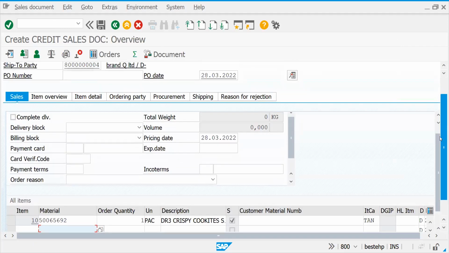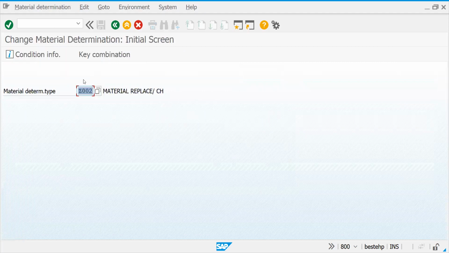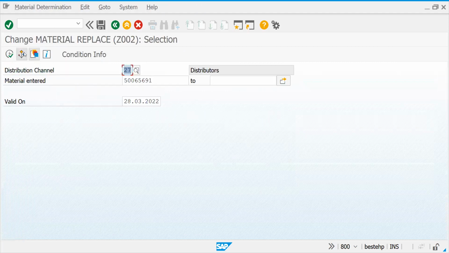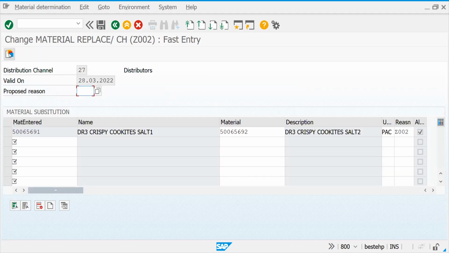So let me try to remove yesterday's substitution because we have used the same material, right? VB, what do you call substitution? VB12. Let me delete this.